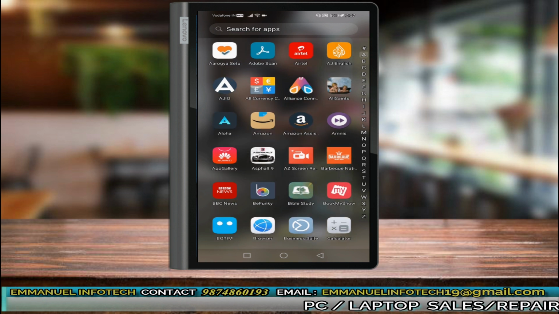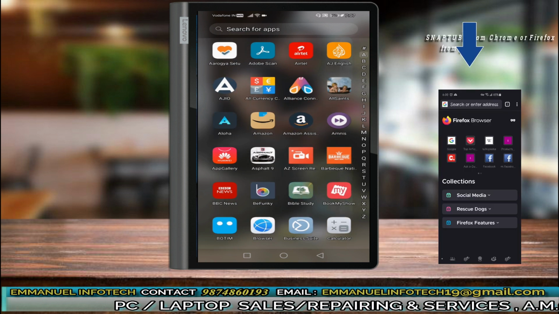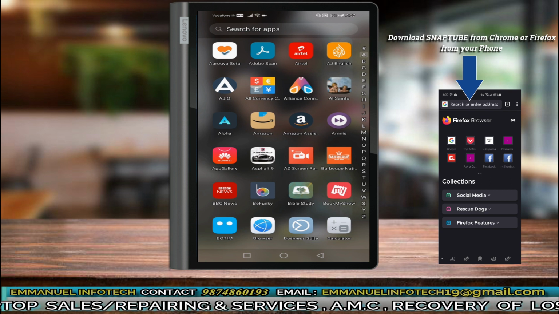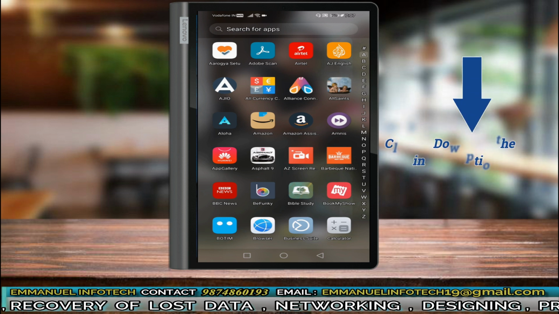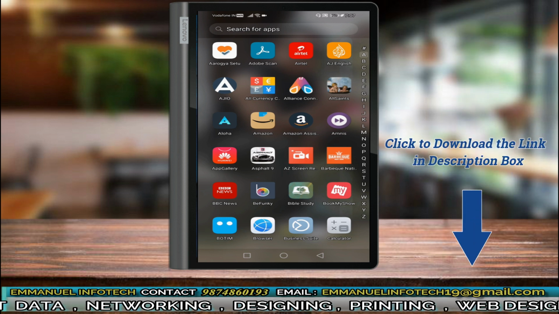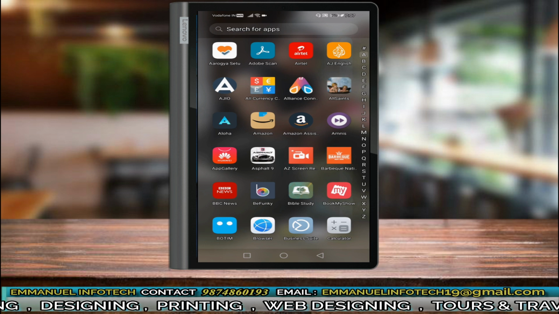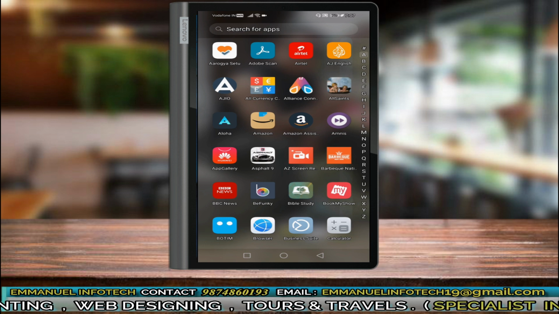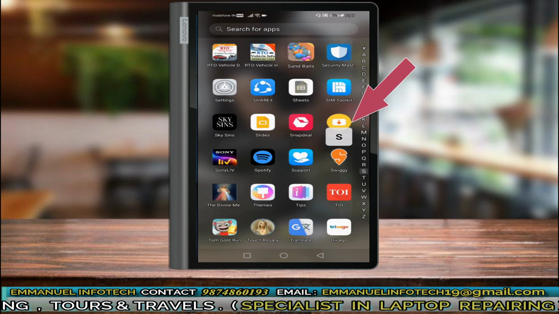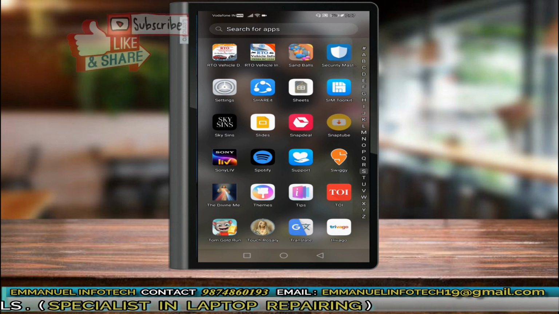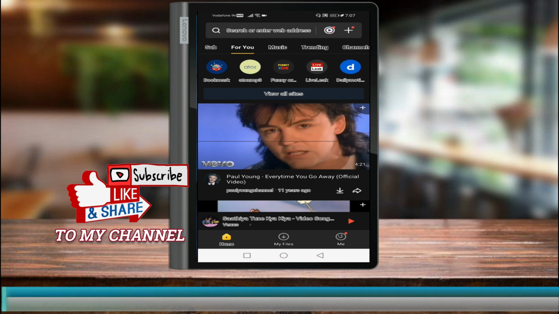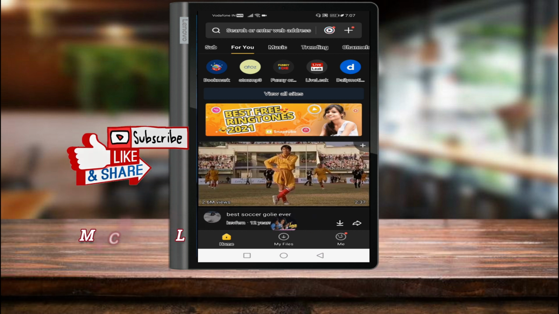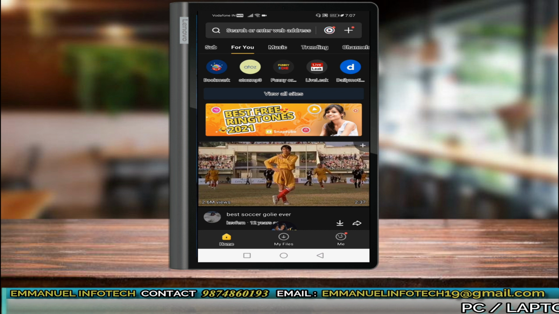So friends, first you need to download the software from Google or Firefox, and the link I will put down in the description box below. Once you have downloaded and installed SnapTube, you need to open SnapTube. In the beginning it might ask you for an update, or it might show an ad. You can easily skip that, and once this page opens,